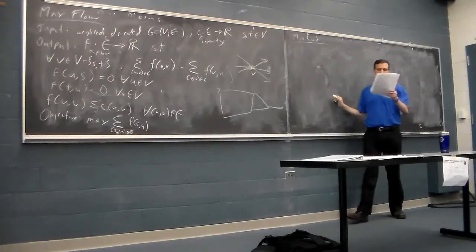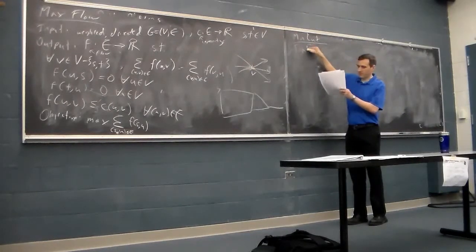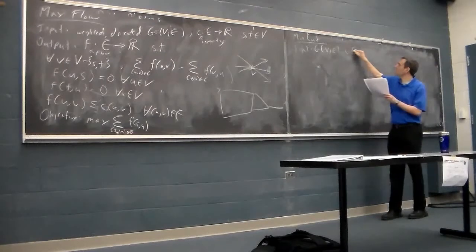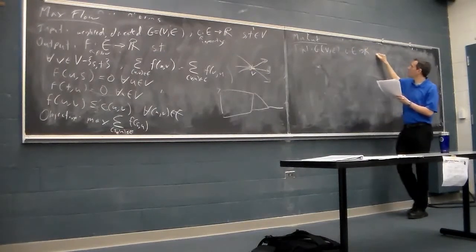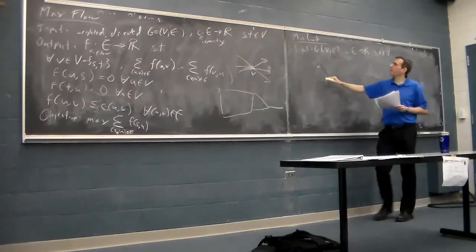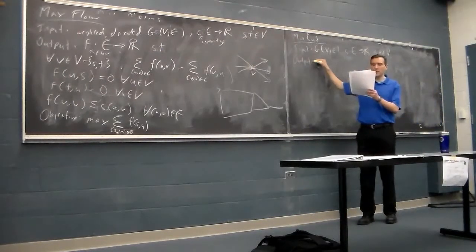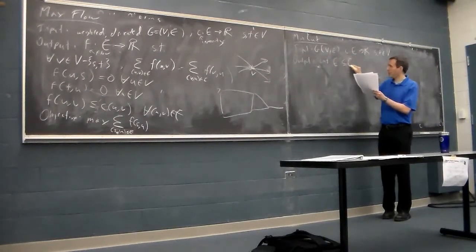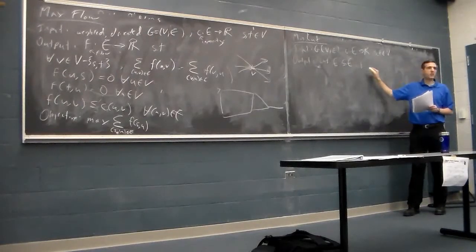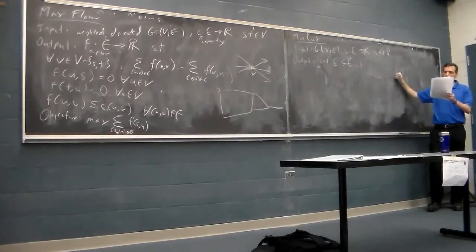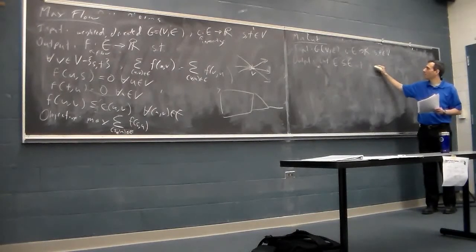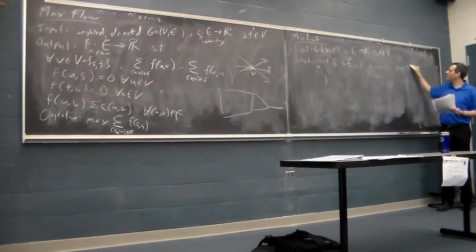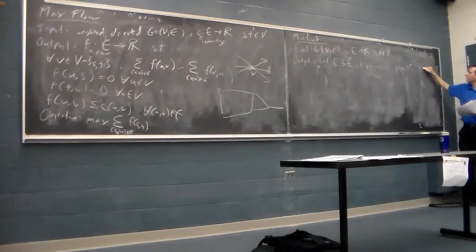So the min-cut problem has the same input. We've got a graph G = (V, E). We've got a capacity. And we've got a source and sink. And in the min-cut problem, our output is a little different. Our output is what's called a cut, which is a subset of the edge set E' such that it separates any path from S to T. So such that any path S to V1, etc., to Vk to T contains some Vi